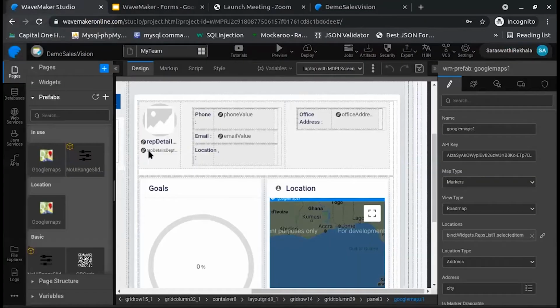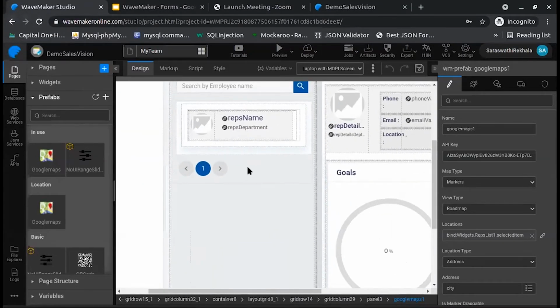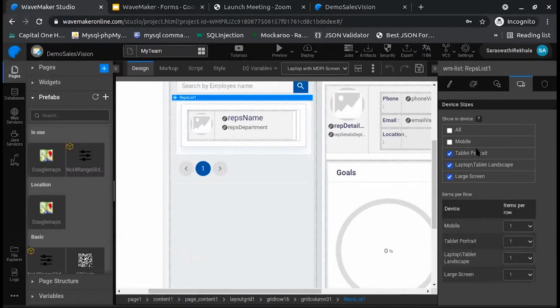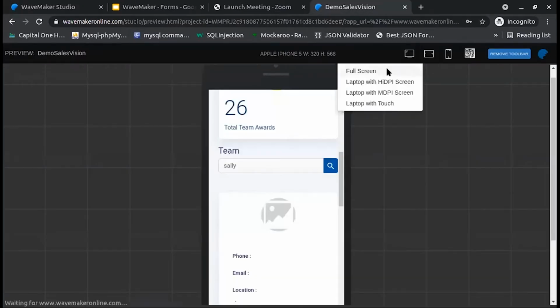You can make it from here. You can select any one of these list widgets, the widget that you want to hide on different devices, and you can configure it from here. This list widget I'm displaying on tablet, laptop and large screens, and not on mobile. That's why you are not seeing it in the mobile view. So let me switch back to full screen mode.